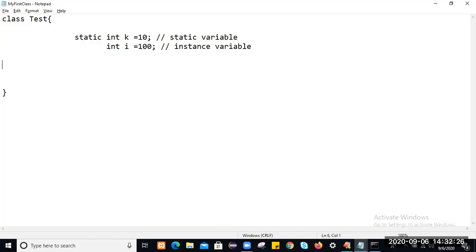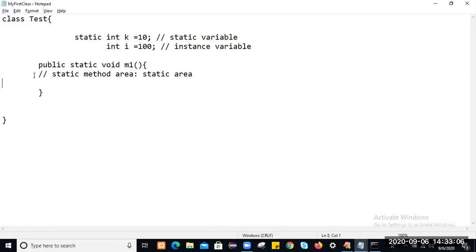Similarly, we can create a method, also with the static keyword. This is method creation. How to create methods we'll see in the methods chapter. This is like public static void m1. M1 is a method, and this is the m1 method area. This method starts here and finishes here, and within this method is the logic. This is a static method, so we say that the method area is static area. If a method is static, then the method area is static.